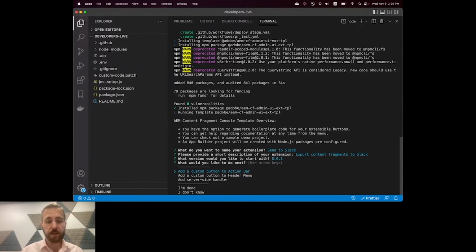So after this, actually the most interesting part begins. The template asks what we are actually going to do and how the template may help us to achieve our goal. So if we are new users, we probably don't know what we are going to do. So the most straightforward selection would be, I don't know. If we choose this, we can,